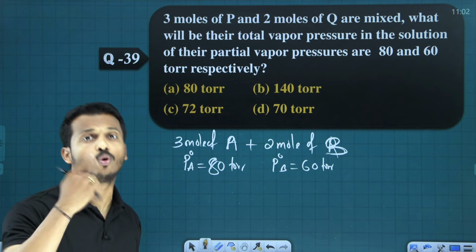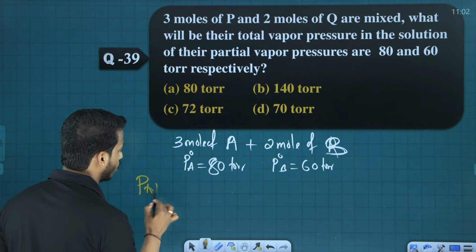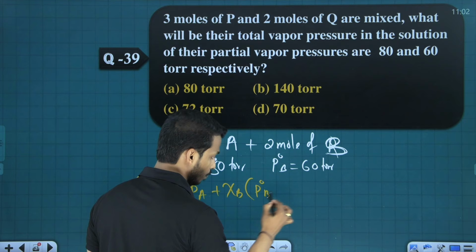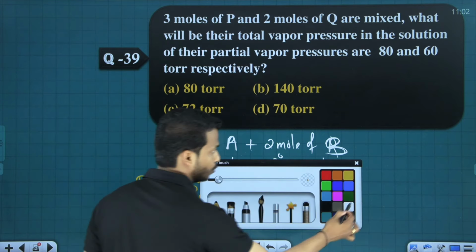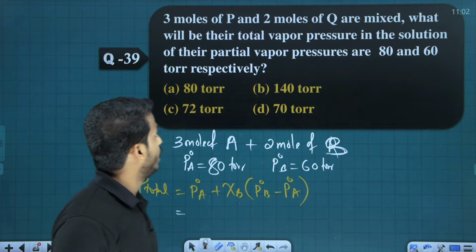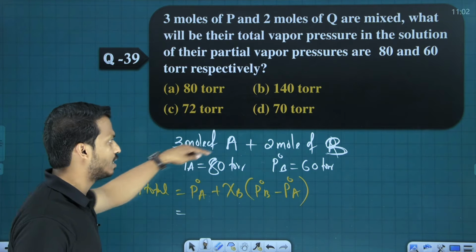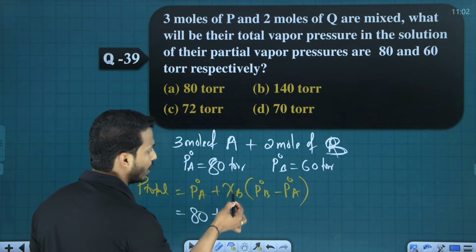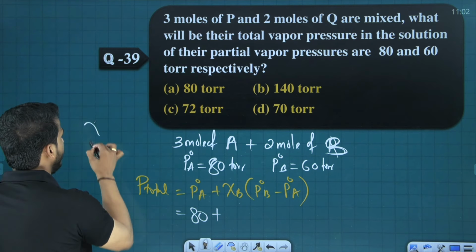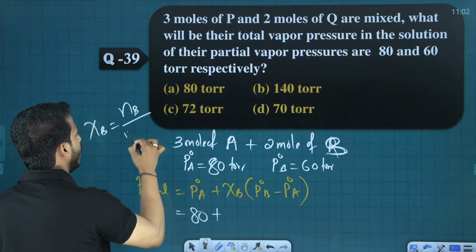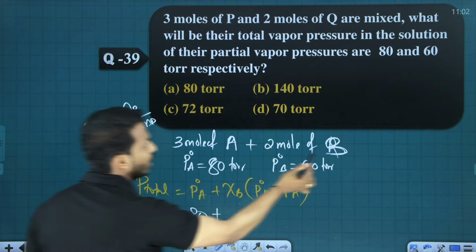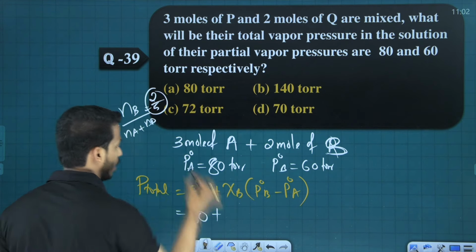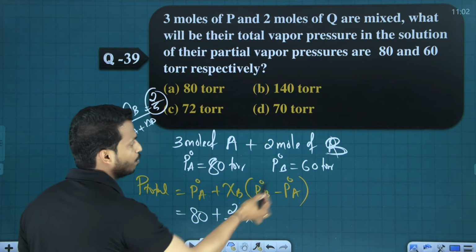We have an equation we derived under Raoult's law. P total is equal to P naught A plus chi B into (P naught B minus P naught A). Let us substitute. Let me take this as the A component and this as the B component. So the A component pressure is 80, plus, what is chi B? How to calculate chi B? Chi B is calculated by number of moles of B by total number of moles. The B component has 2 moles and the total number of moles is 2 plus 3, 5. So 2 by 5 into,